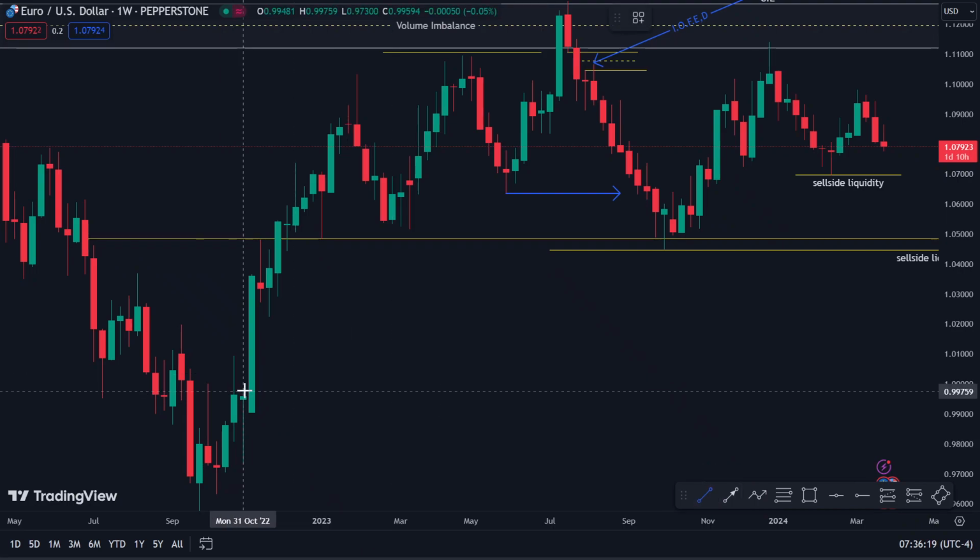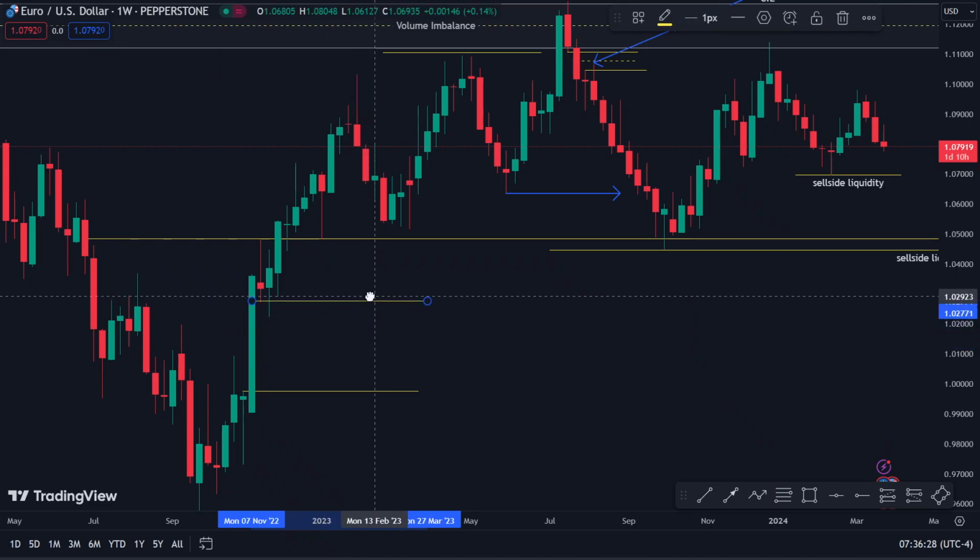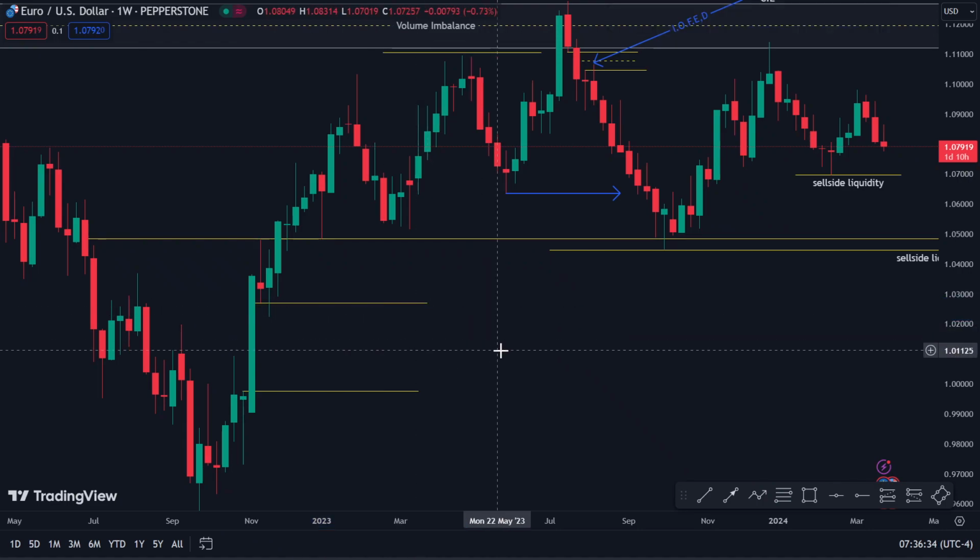Look at this. This is our fair value gap in the form of a BC, buy side imbalance, sell side inefficiency, and let's